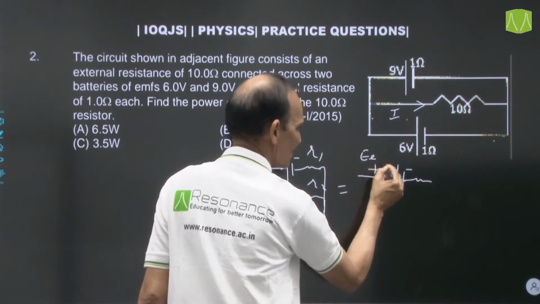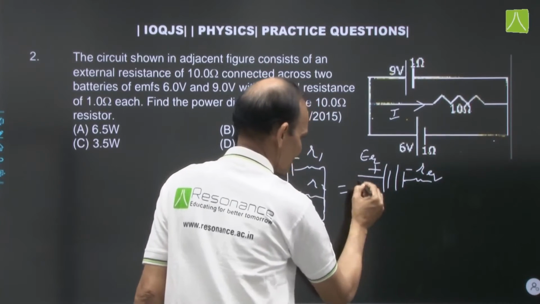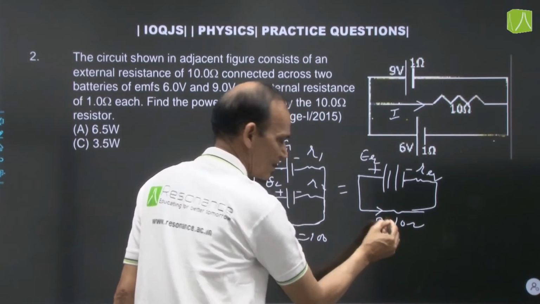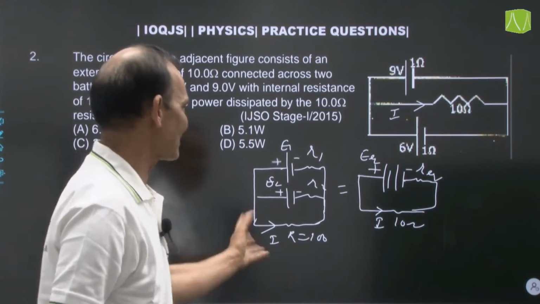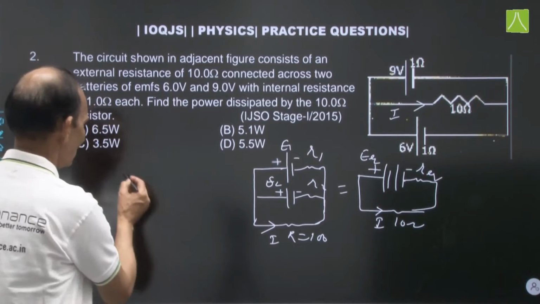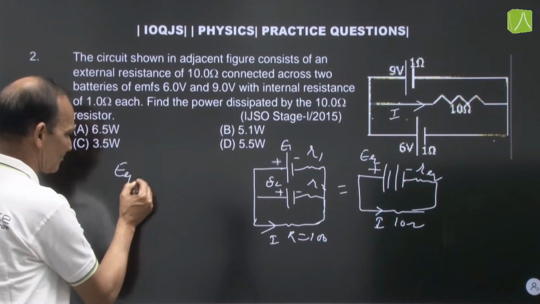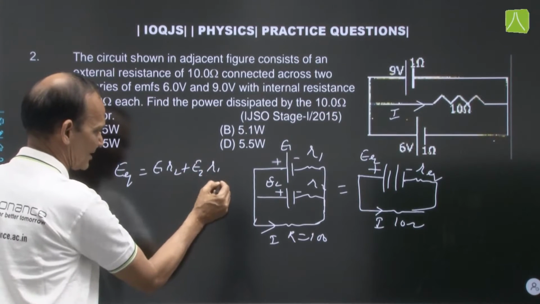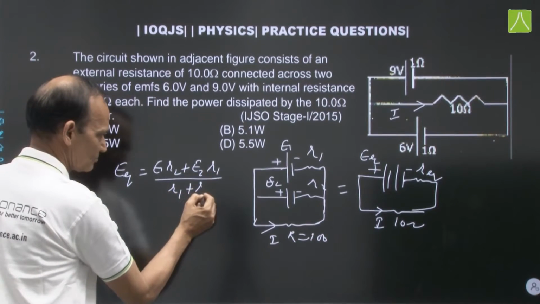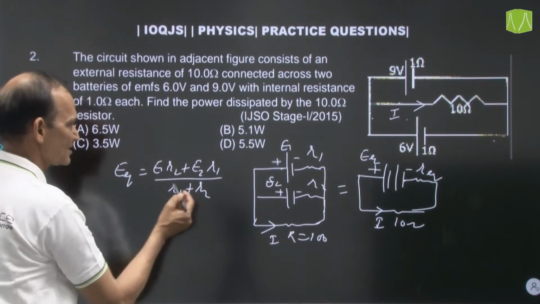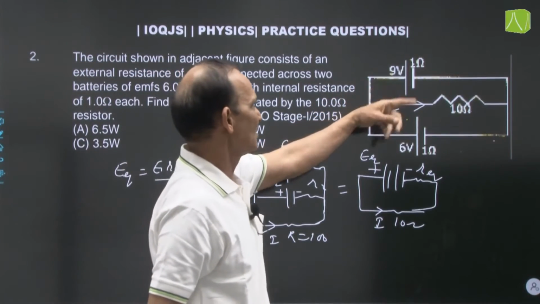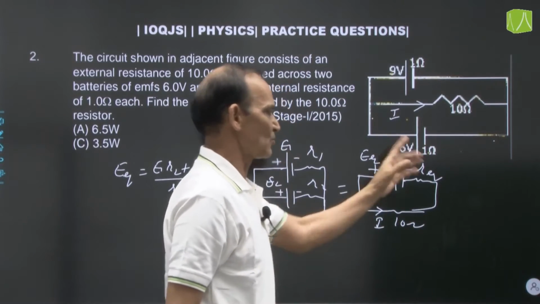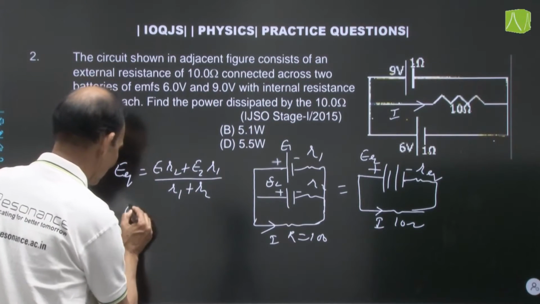The equivalent E and equivalent R: the external resistance is the same, that is 10 ohm. We have to find the current I. How will we find it? How will we find the equivalent E? E equivalent in parallel is given by (E1 R2 + E2 R1) divided by (R1 + R2). E1 is given in the question as 9 volt, R1 is 1 ohm, E2 is 6 volt, R2 is 1, so E equivalent will be